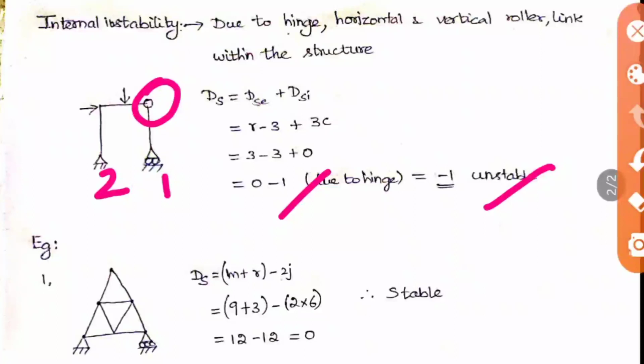They will give different types of frames and ask whether it is externally stable, internally stable, geometrically stable or statically stable. They will also ask the stability value, the DS value, whether it is indeterminate or determinate, and if it is indeterminate, what the degree of indeterminacy is. To go through these types of questions, we need to know all these basic ideas. So now we will see some examples.